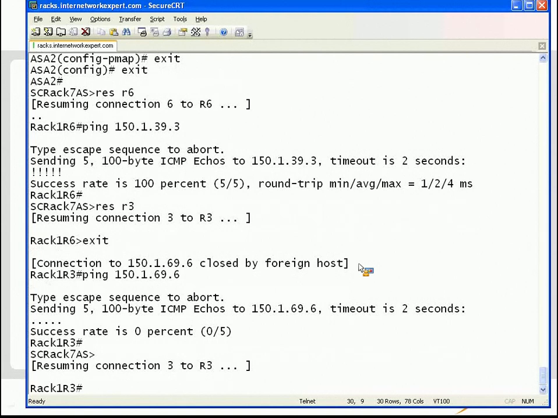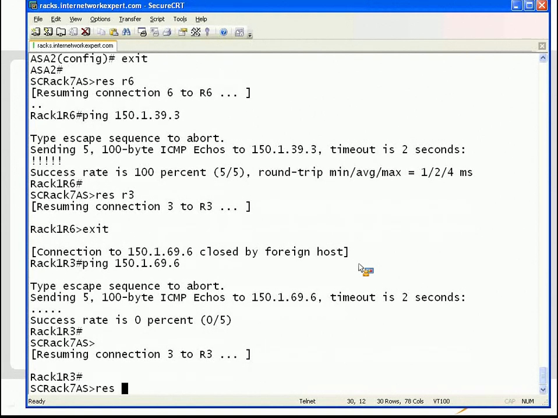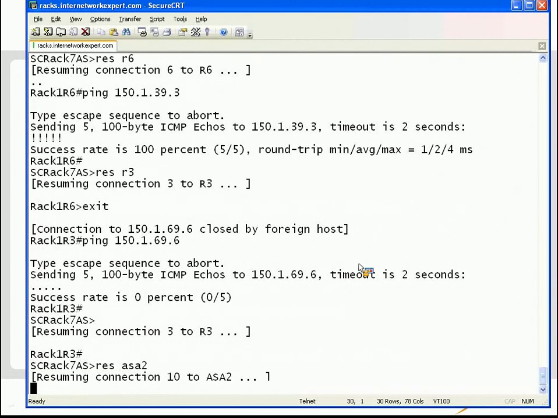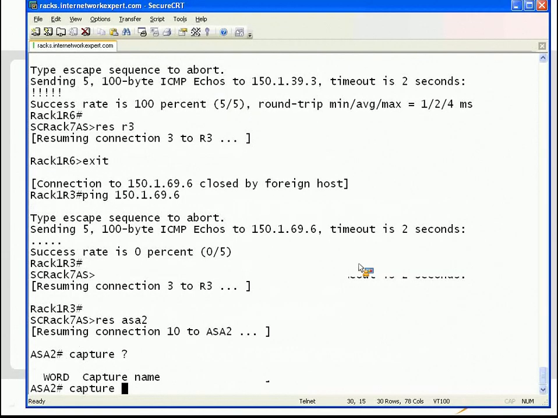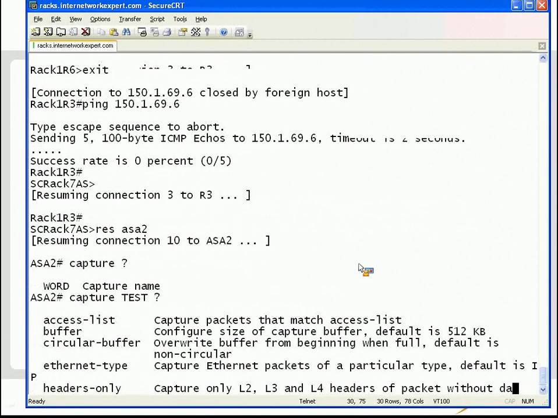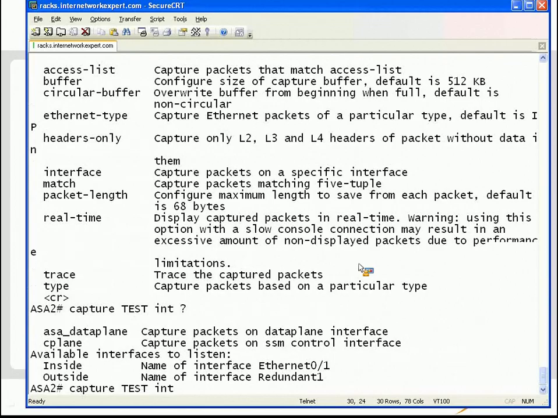Other miscellaneous options we have, on the router itself, on the firewall itself, is the ability to look at specific items. We have a couple of different options we can use. We can use packet tracer, and we can also use the capture command. So look at the capture,